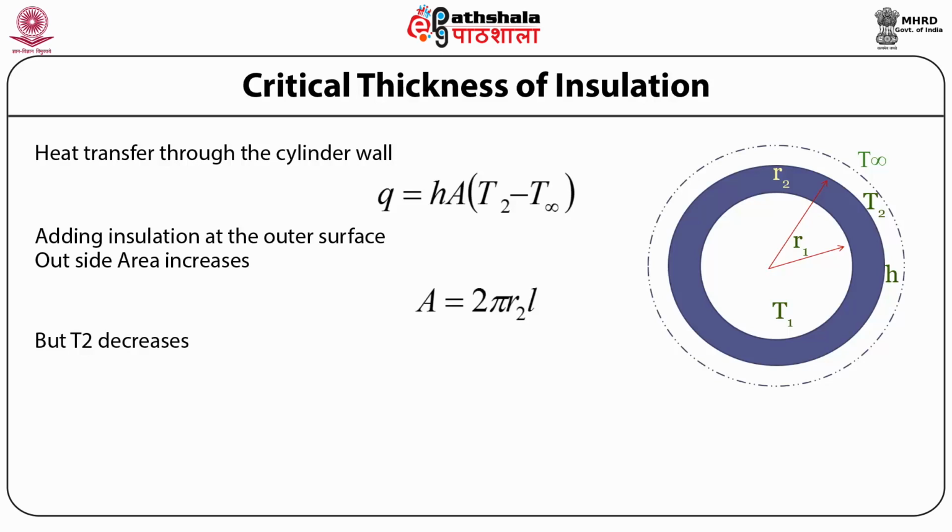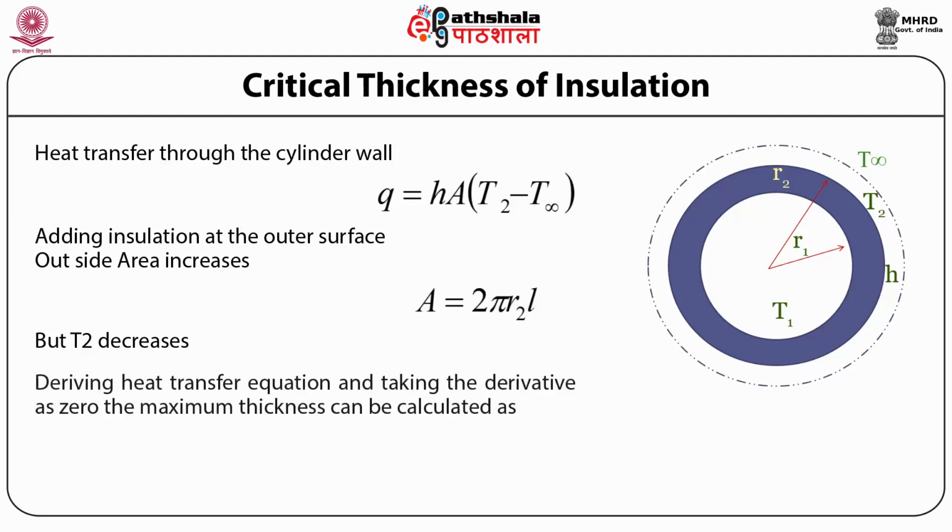So what will we do now in this case? To clarify this confusion, the simultaneous conduction from the inner wall to the outer wall and convection heat transfer from the outer wall to the atmosphere is solved by taking the derivative with respect to radial distance and equating it to zero. The R2 we find here will be the critical radius. For a cylinder, it is k by h, whereas for a sphere, it is 2k by h.